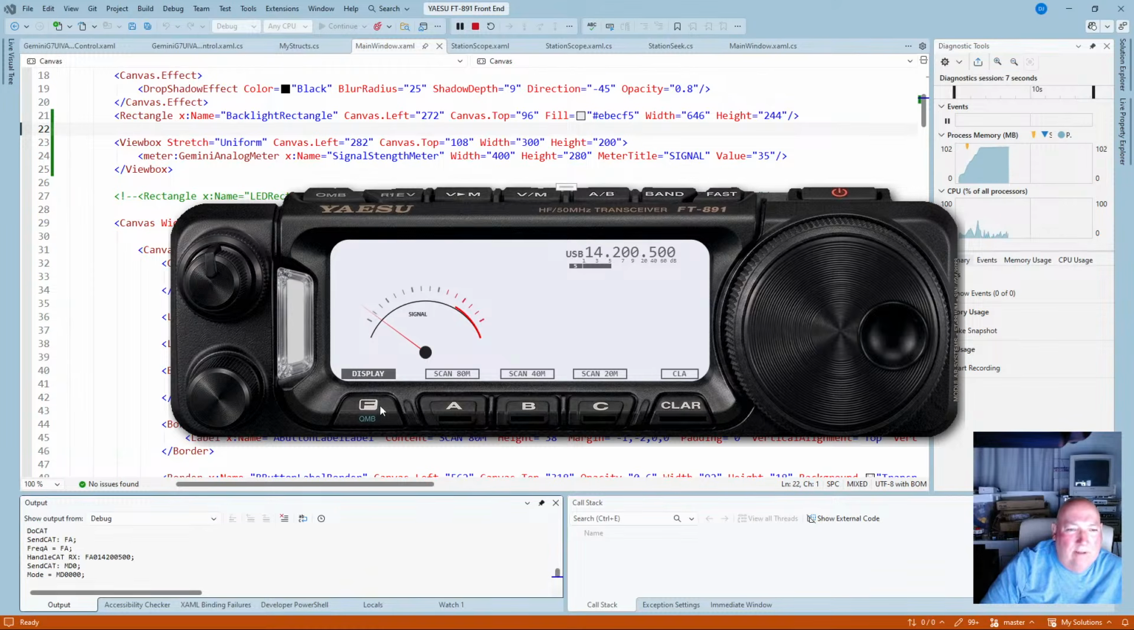Well, I want to toggle it, so you've got your signal strength, power and SWR, but then you can toggle it in and out and all the rest of it. So we could put that back in our